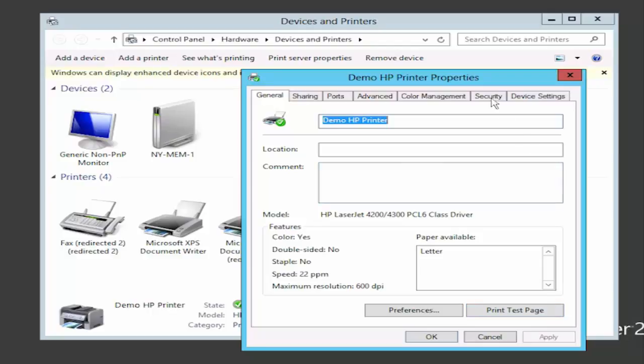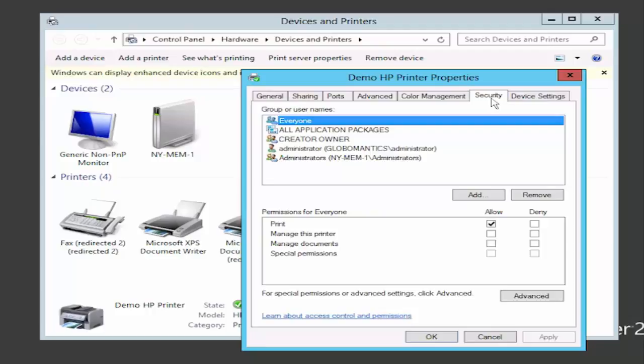But if I come over here to the Security tab, I want to show you that we have permissions on this printer, just like we have permissions on files and folders. We have an access control list of users and groups, and then we have our allow and deny list to either be able to print to the printer, which means just that. If you have print permission, you could print documents to this particular printer, and you also can manage your own documents. So if you sent the print job to the printer, you could also delete it,